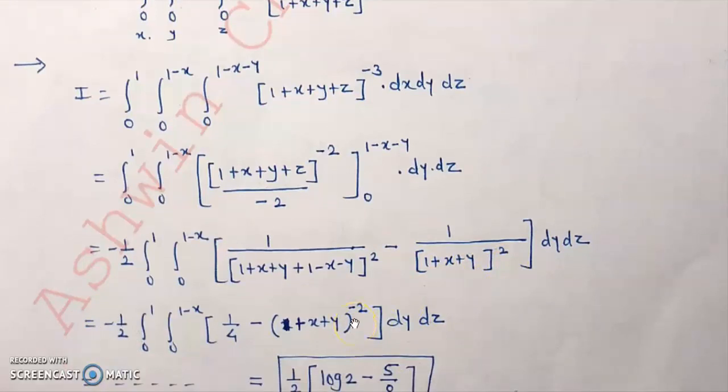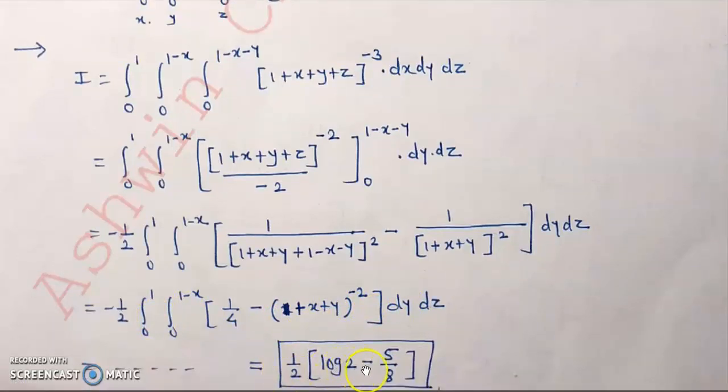And the second term contains bracket square at the denominator, again written in the numerator with power minus 2. Okay, so it is easy to integrate because next is with respect to y. So the next integral with respect to y gives us y by 4 minus bracket raised to minus 1 upon minus 1 in the limits 0 and 1 minus x. And when we simplify and again further integrate it with respect to x, we get the answer half of log 2 minus 5 by 8. Okay, so this way if limits are given, we can fix their order of integration and solve one integral after another. Okay, thank you.